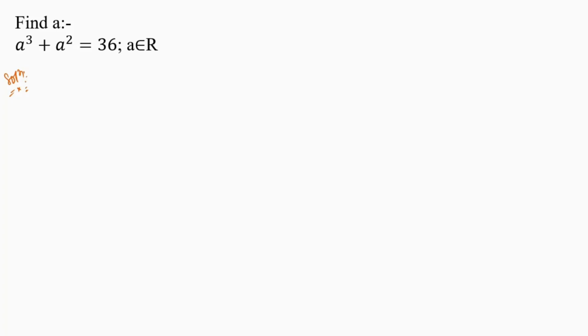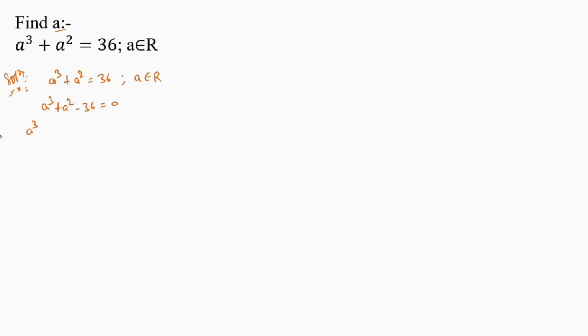Today we are going to solve this very interesting exponential problem in which we are given a cube plus a square equals to 36 and a belongs to a real number and we have to find the value of a. So we can write a cube plus a square minus 36 equals to 0, and we can rewrite the above